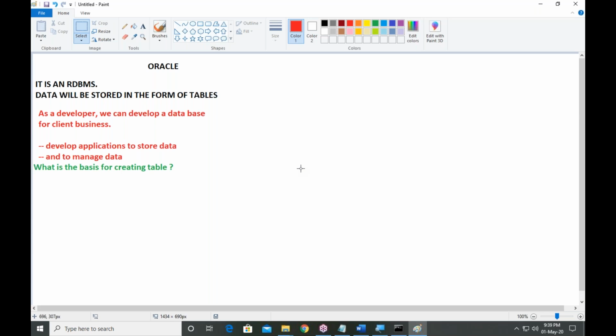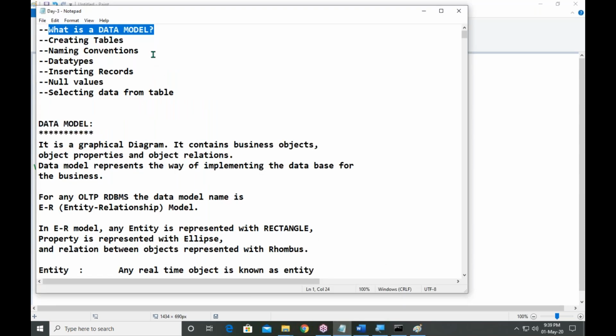Similarly, before starting database development, they should depend on a design. One of the design models is called a data model. What is a data model? A data model is a graphical diagram.